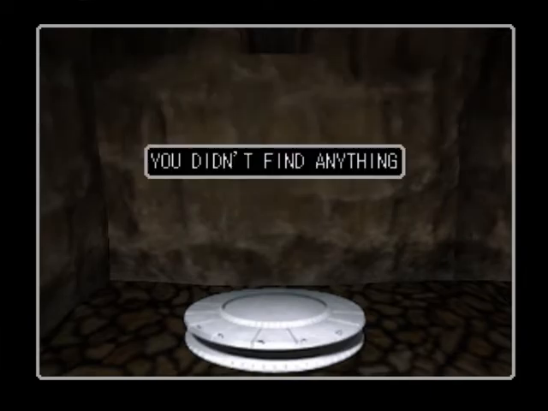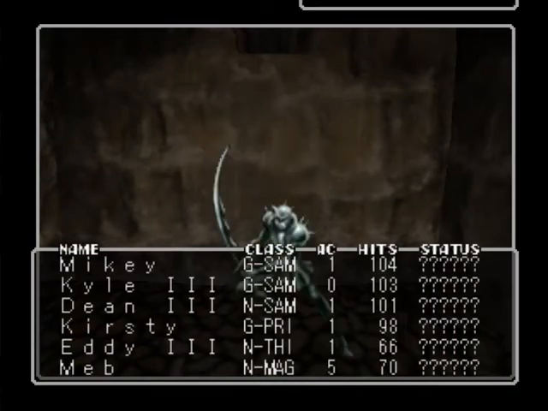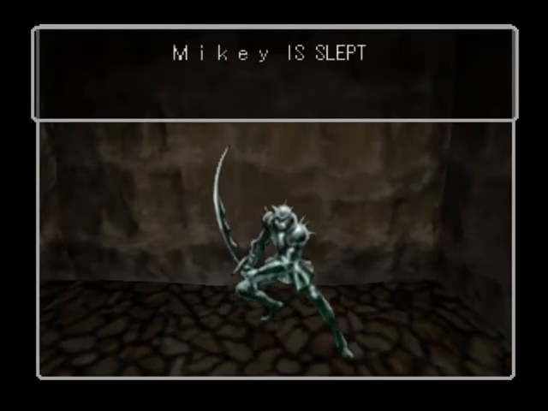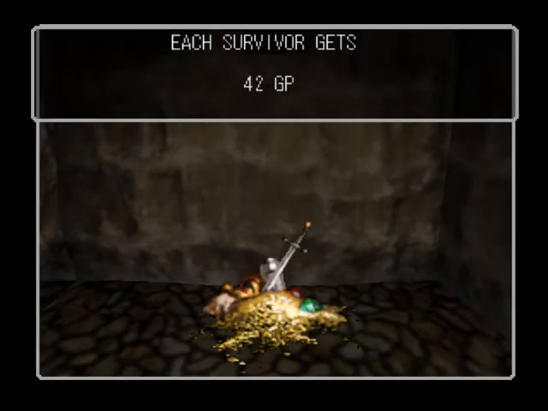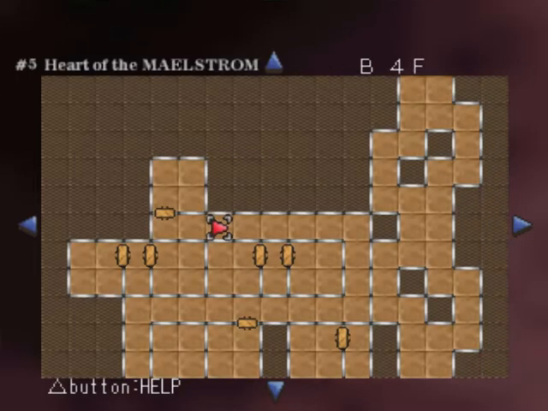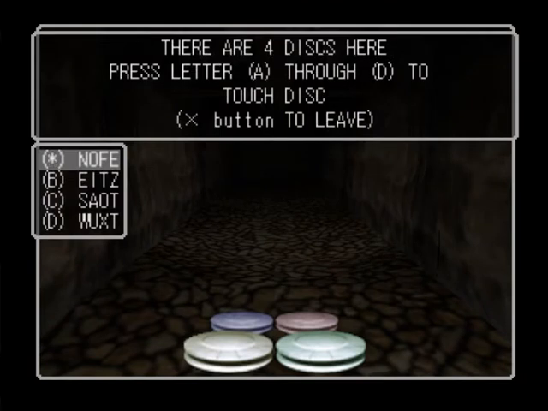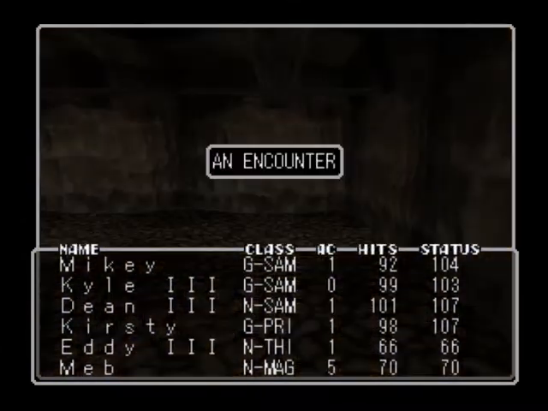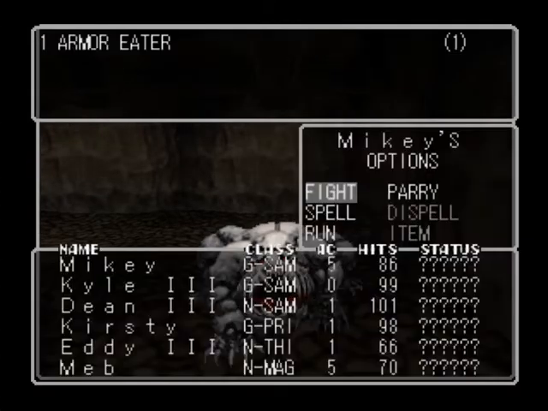Deposit box opened. You didn't find anything. Okay. Flat blades! Let's just kill them. These guys are actually trying to cast sleeping magic on our characters. One thing I will say about the combat in this game, I love that you can just, it's so snappy, I just love that. No, don't get me wrong, I appreciate...